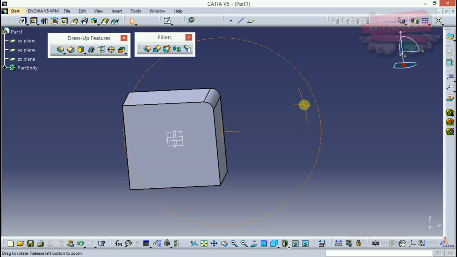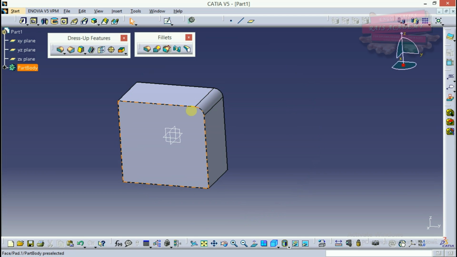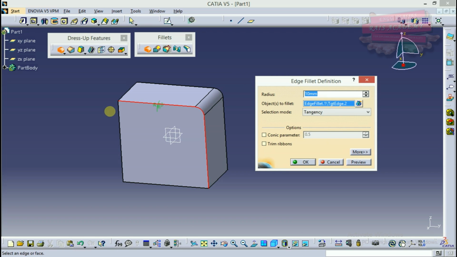Now you can see what I have got here is a fillet. Now suppose I give a fillet over here and I click on fillet, you can see it is giving the fillet to the whole face. Why? Because the option selected over here is tangency. So this line is tangent to this particular curve, and this curve has a tangent, that is this line.